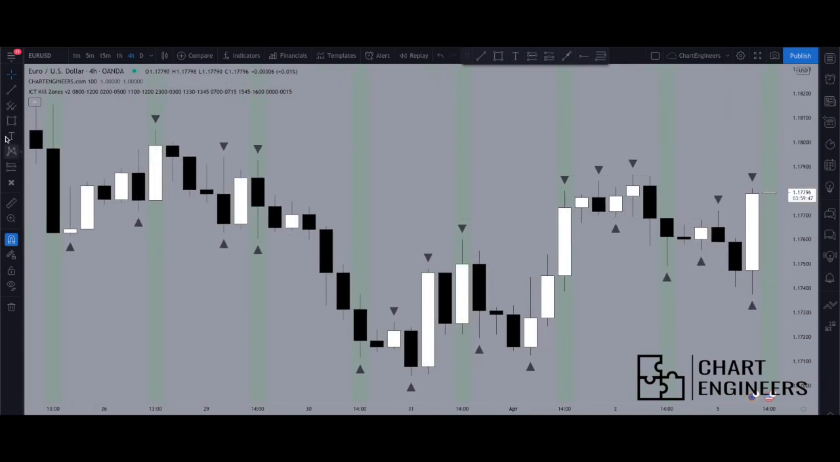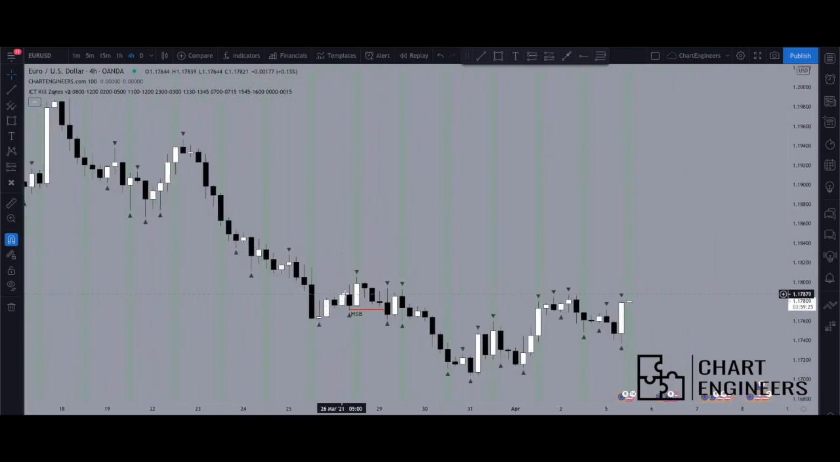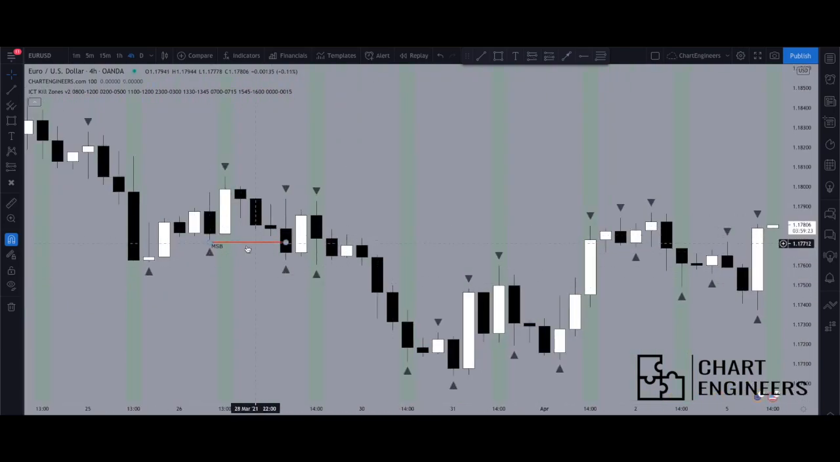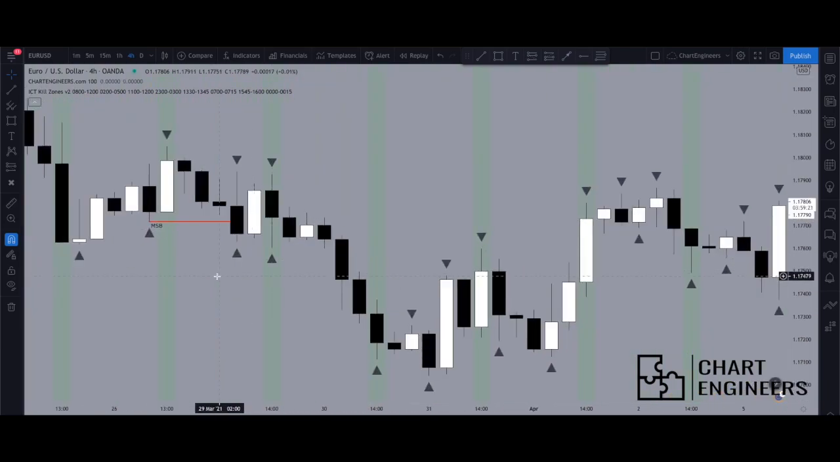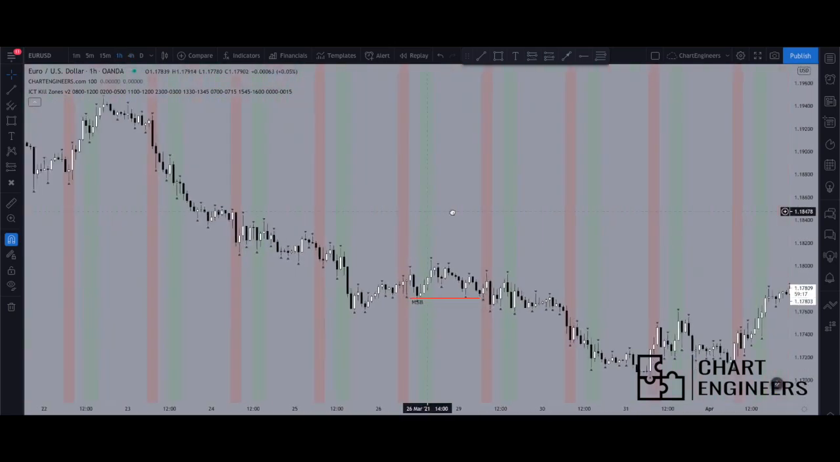So I'll firstly mark out any structure breaks. So here's my most recent structure break to the downside. So H4 bearish structure break, and what that tells me is that price will eventually want to go lower. So we've got no fair value gaps anywhere, so just mark out this structure break to the downside. Then I would go to the H1 time frame,